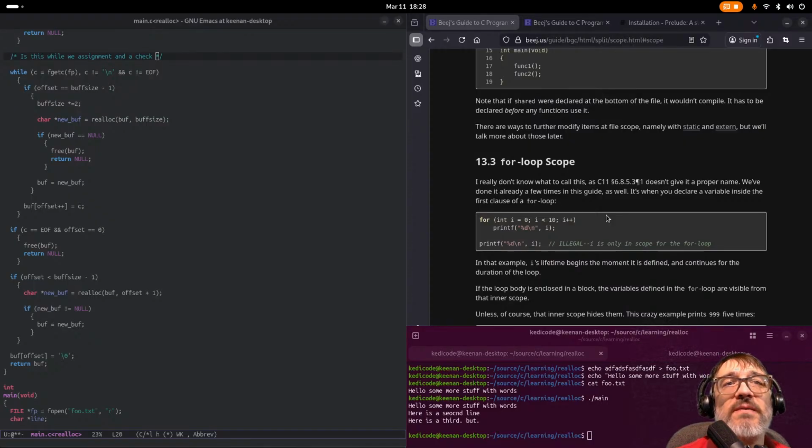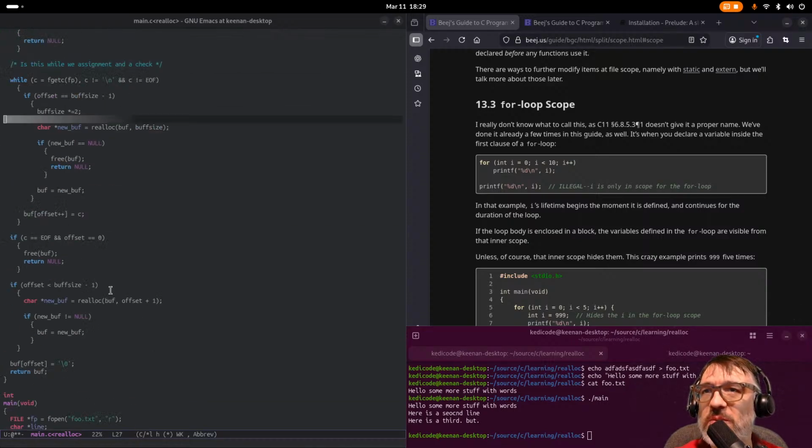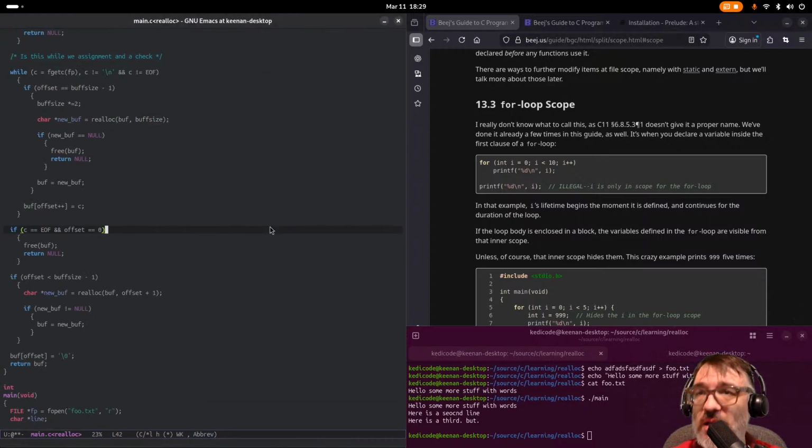We've done it already a few times in this guide as well. It's when you declare a variable inside the first clause of a for loop. In that example, i's lifetime begins the moment it's defined and continues for the duration of the loop. I would say it's like lexical. So for defines a block actually. So what we have there, let's say we just opened